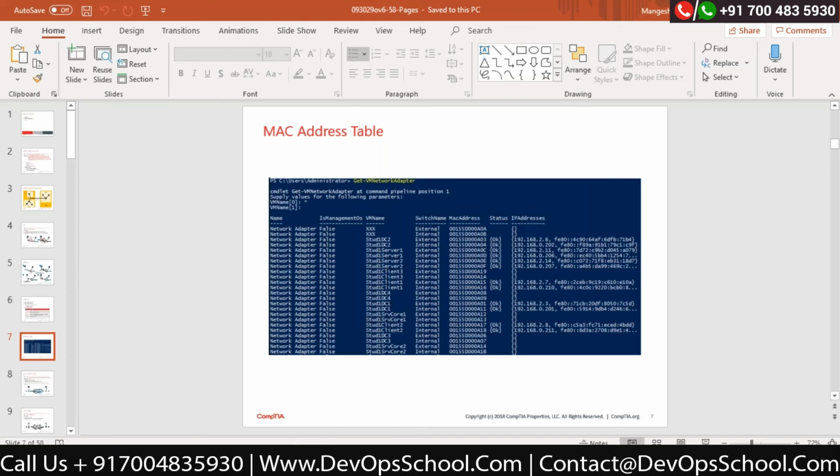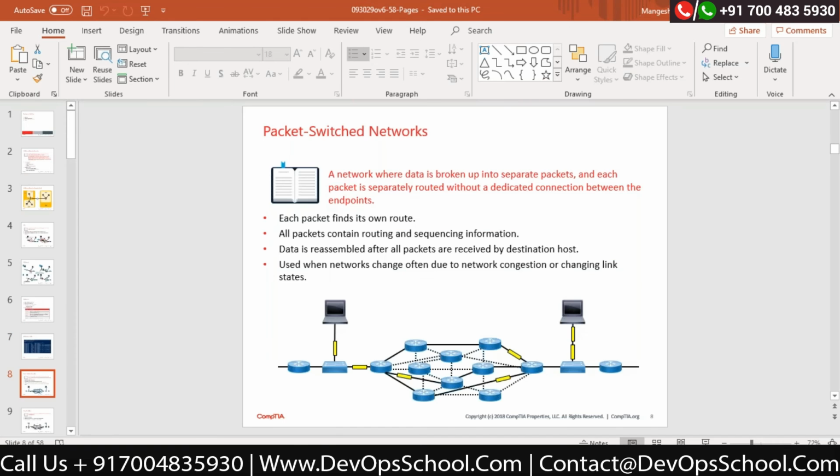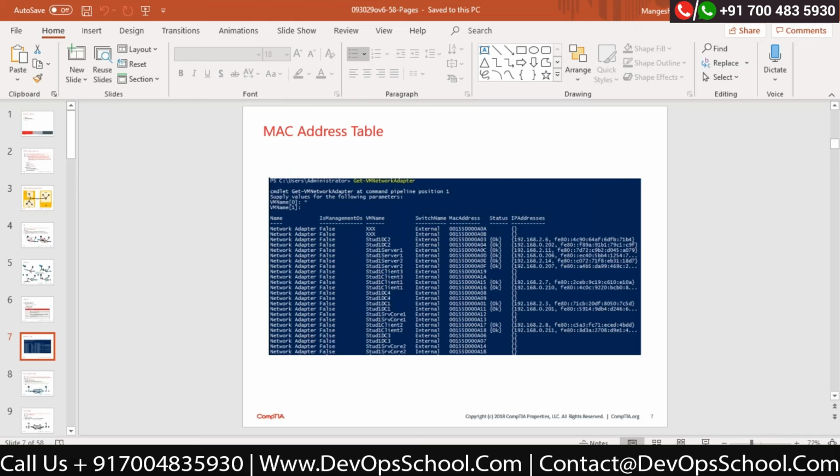Okay, MAC address table. Correct. Now, what is a MAC address table? Now you can see on your local machine also, you do have the list of MAC addresses available. Correct? Now, the MAC address table is once again a mandatory thing for layer 2 switches. Correct? This MAC address table helps us in order to connect all your devices registered with layer 2 switches.